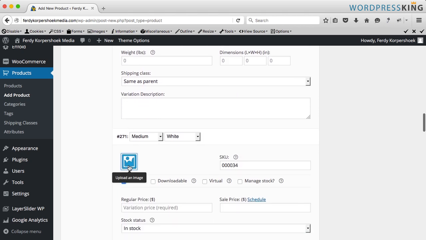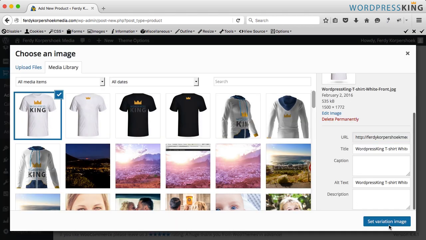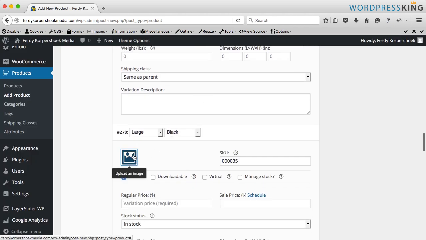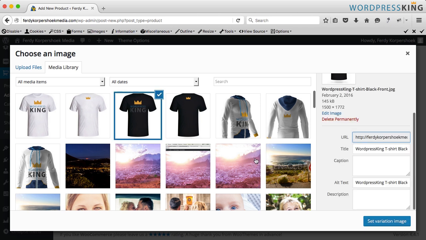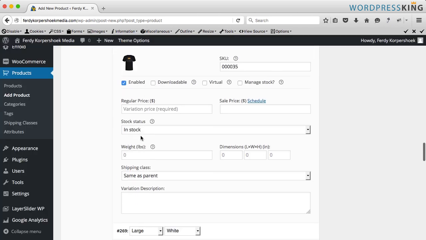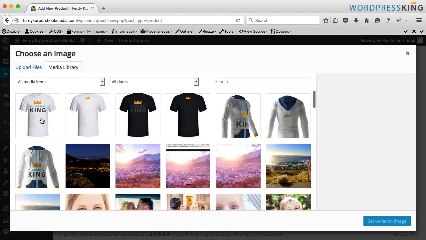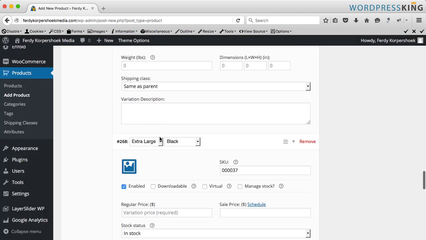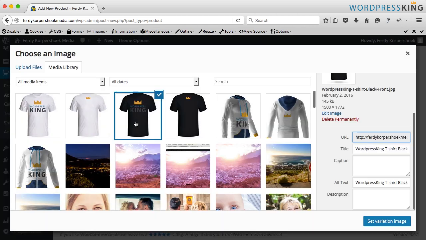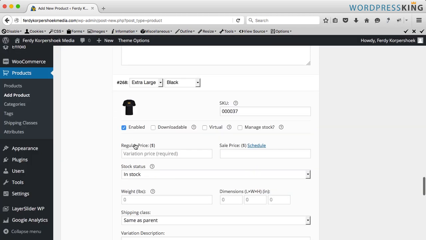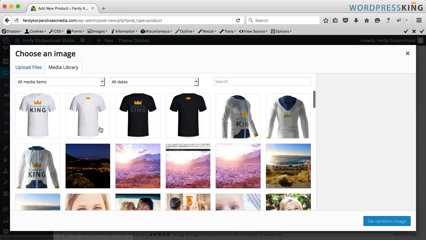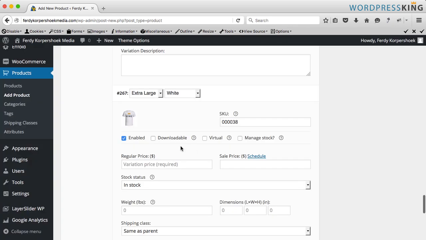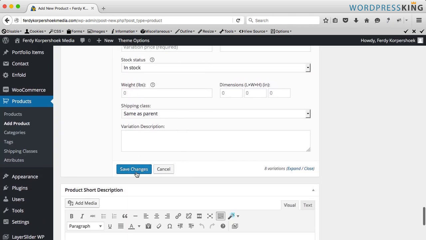Scroll down, white, white, black, white, black, and the latest one, I guess, white. I save the changes,